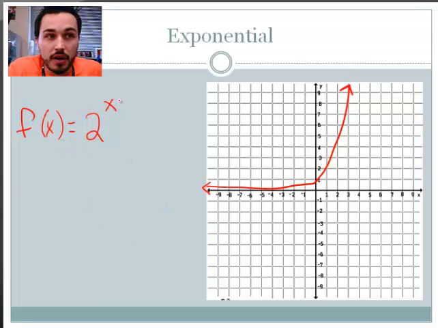Okay, so an exponential function, like I said, f of x equals 2 to the x power. The x is the exponent. What it looks like here is an asymptote on the x-axis, and then it just starts to really drastically rise like that. Then, let's see here. Then we've got